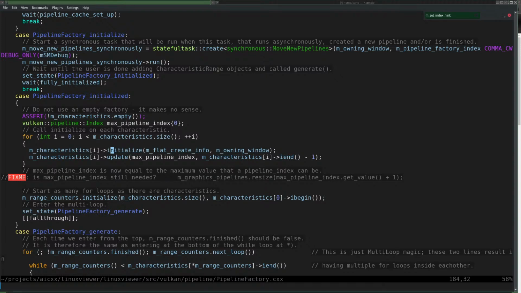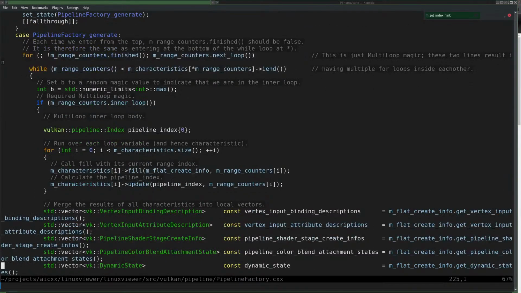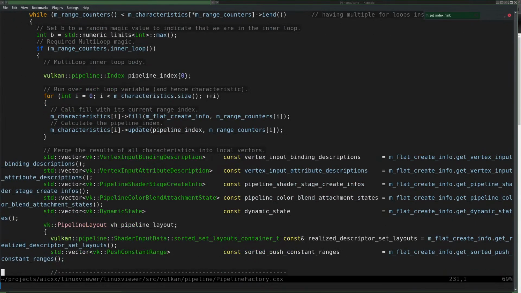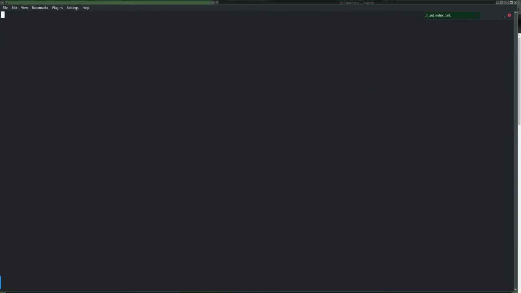And that happens when I look up the pipeline layout in a cache. Apparently that happens more here.